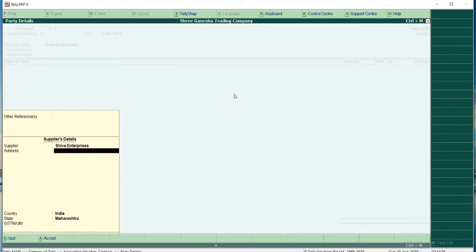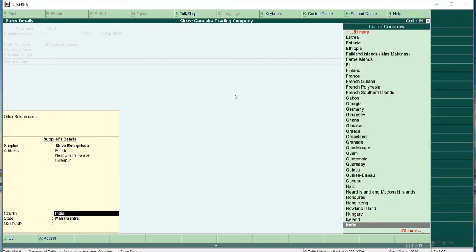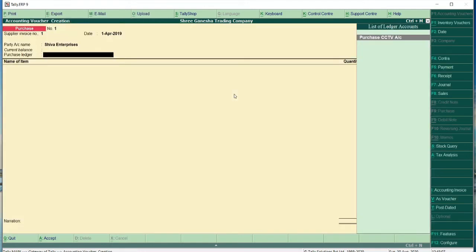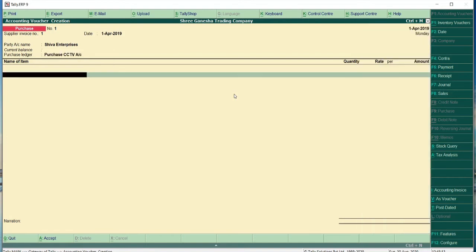If you want, you can give an address here, say MG Road, Shalini Palace, so that it will come in your printout. And the purchase ledger which you have created, that is purchase CCTV.